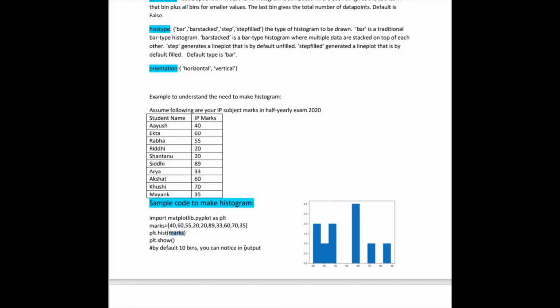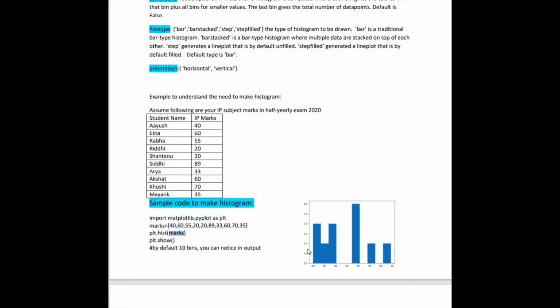By default, because you are not passing bins. Bins means range. You are not specifying range. So based upon the data in the marks list, 10 ranges have been created, and for each range, the number of elements there determines the height of the bar.